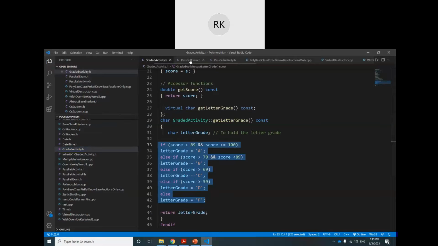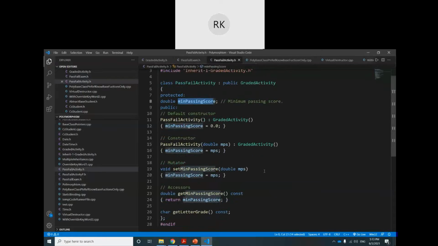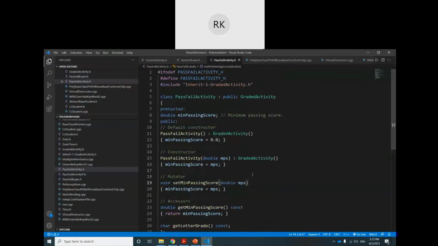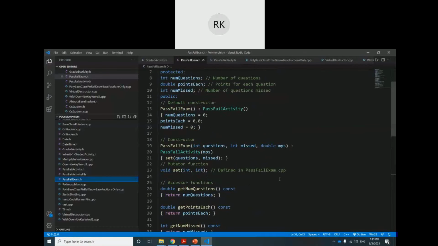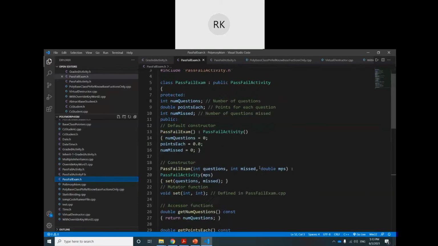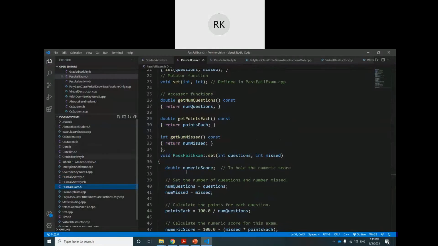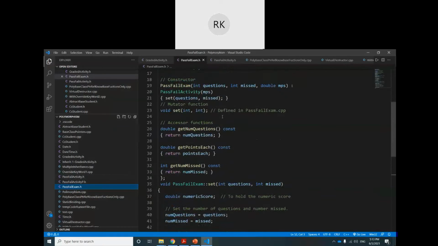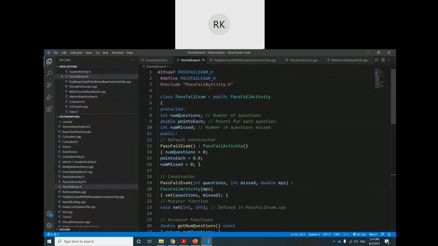The pass fail exam tells us the passing or failing criteria, that the student has passed or failed. Let me check once again. The pass fail exam is inheriting the pass fail activity.